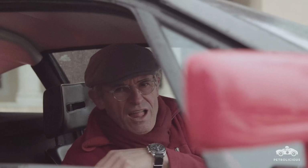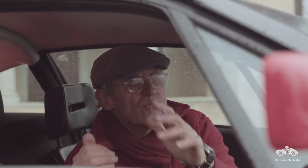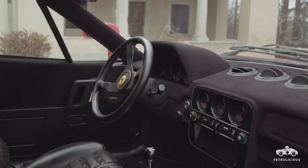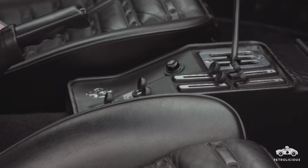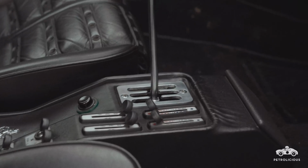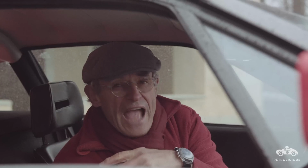This in many ways really was the ultimate grown-up Dino, because it was such a small car, and even with its 400 odd horsepower, you can still chuck it round. It was the first production car to go through the 300-kilometre barrier as well. It had a top speed of just under 190 miles an hour. And it weighed in at